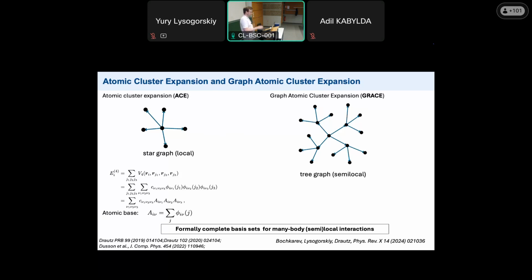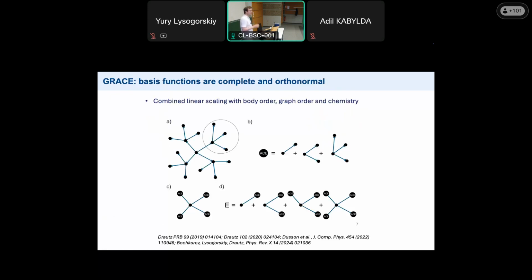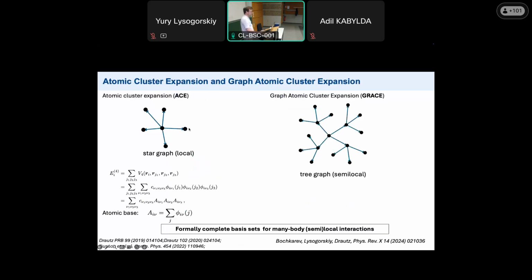Of course, after this is formalized, we can prove that it also gives you the formally complete basis set and the semi-local interaction. And we can construct the methods that allow efficiently evaluating atomic interactions within a certain neighborhood of the central atoms, which is achieved by several rounds of constructing this basic local ACE.